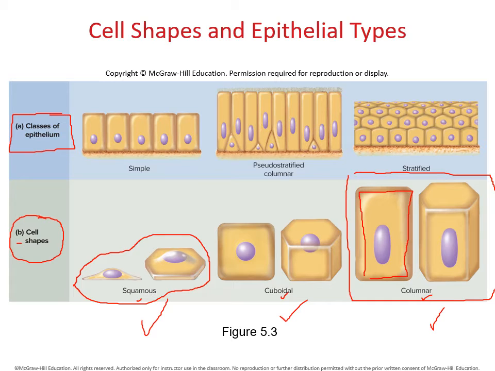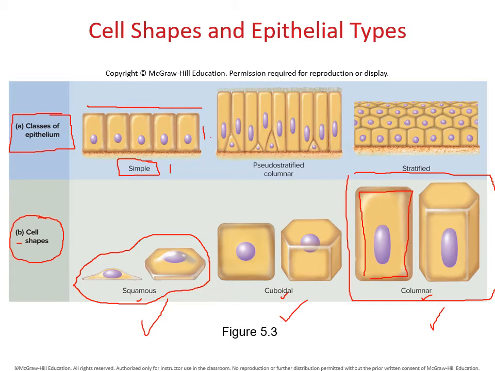Once you figured out what shape the individual cells are, remember epithelium tissue is all about cells interacting with each other. The next thing you want to do is how exactly are they arranged? So what is the class of epithelium? Your first option, and this is going to be under A, is that you have what we call a simple arrangement. A simple arrangement means that you just have one layer of cell. So here on that illustration, you can see that the cells are nicely lined up together,